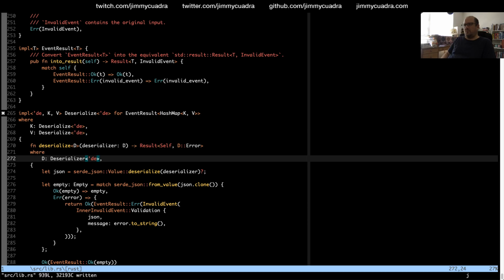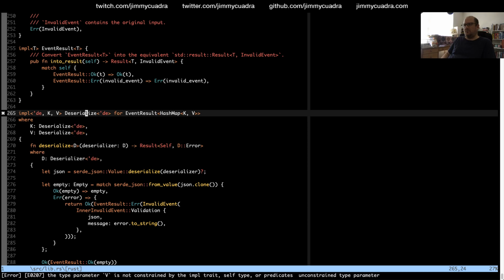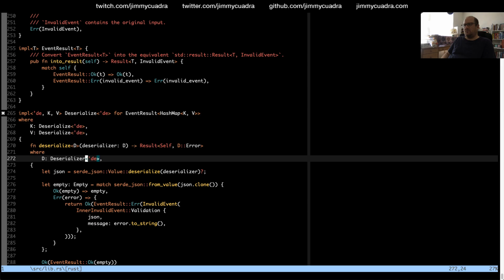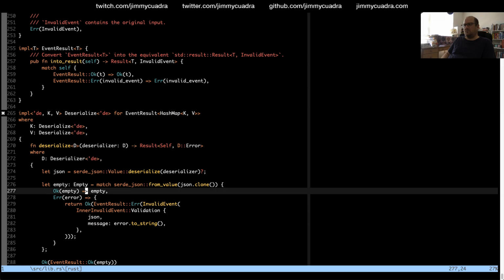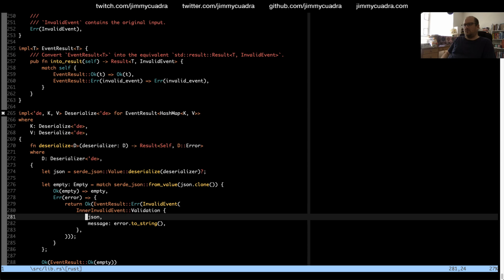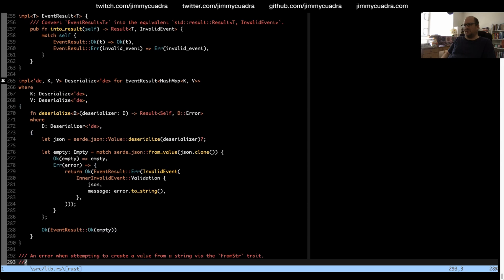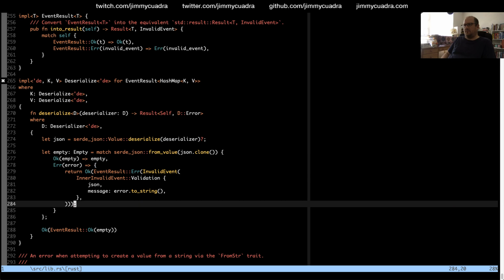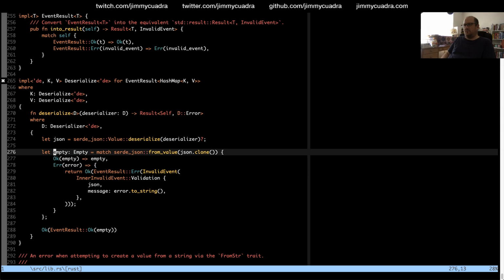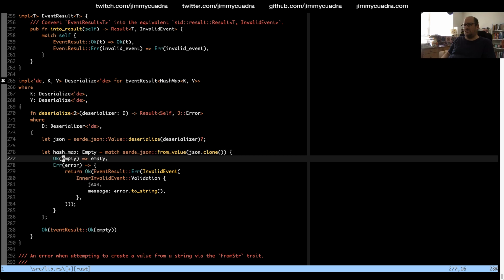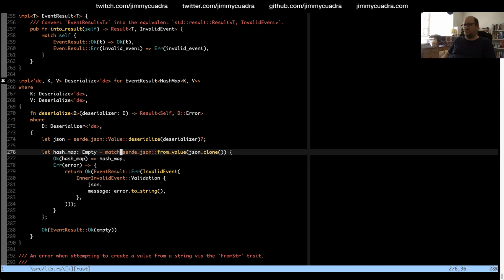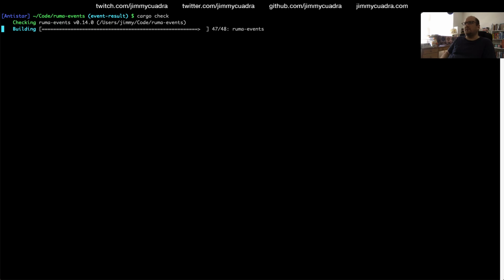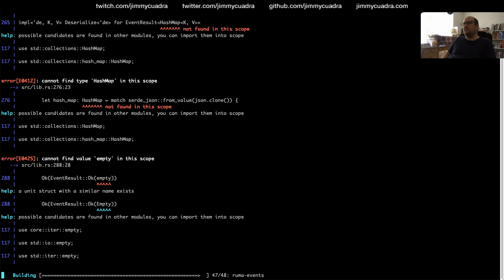I think that will work. Otherwise, this is all exactly the same. And so this is hash map. And this is a hash map. Let's see if it likes that. Oh dear.